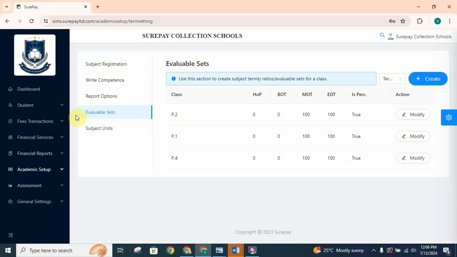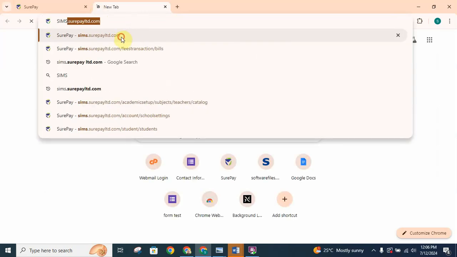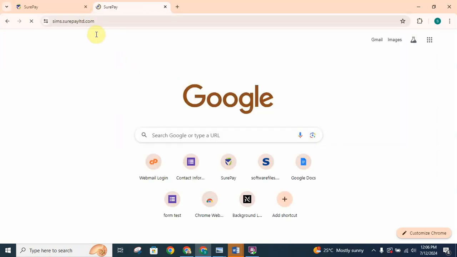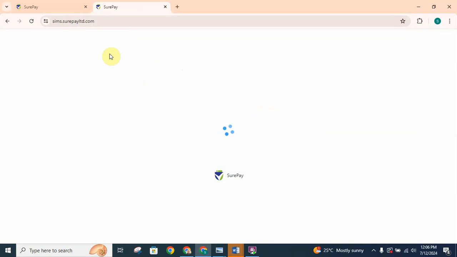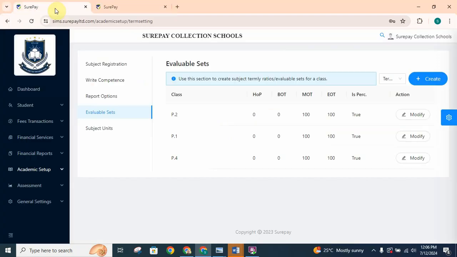If it's a teacher, we'll have to log in on the system using their email address and the password. So we are going to copy the email address of one of our teachers from the main portal here, or the super admin's page,